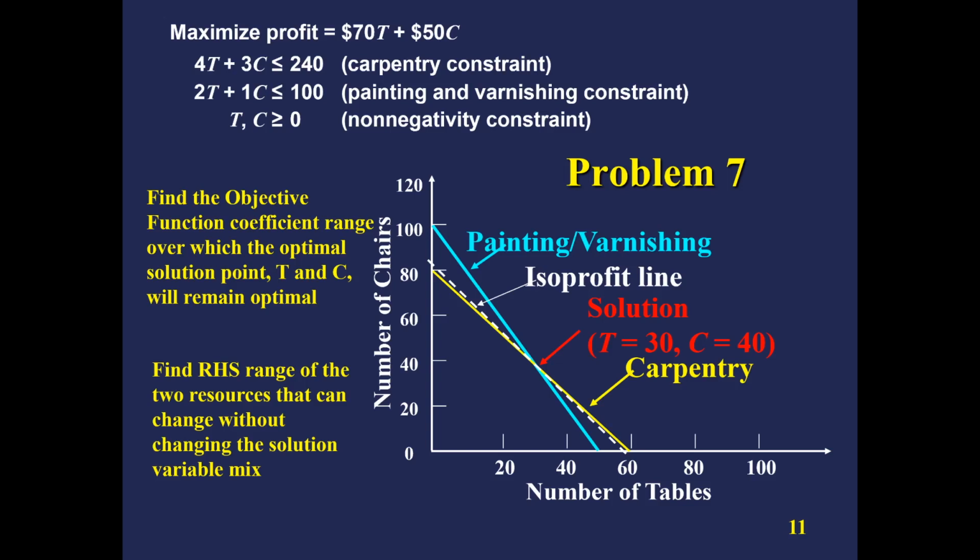The table is bringing $70 profit and the chair is bringing $50 profit. We already have the solution for that. The graphical solution says that if you see the graph, make table equal to 30 and chairs equal to 40, and this is the